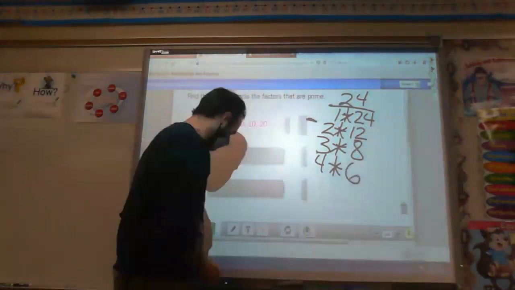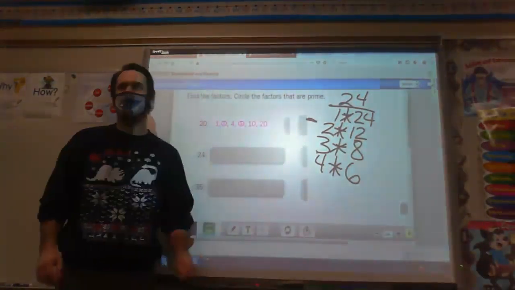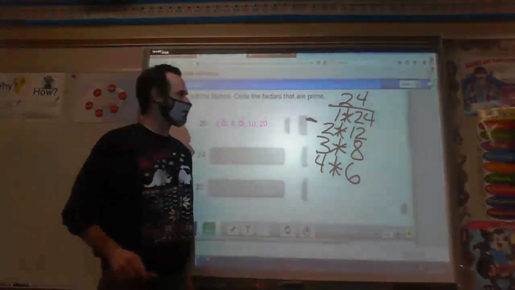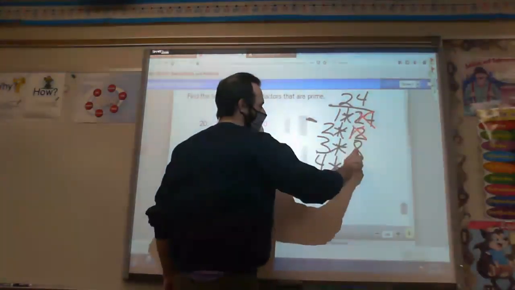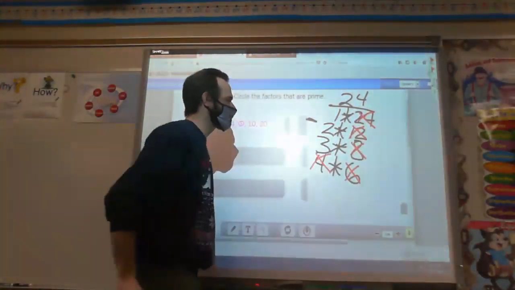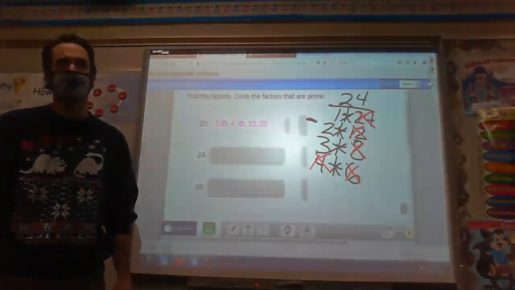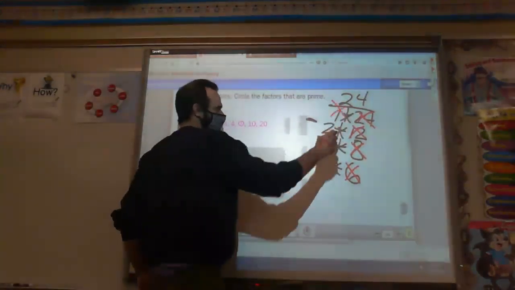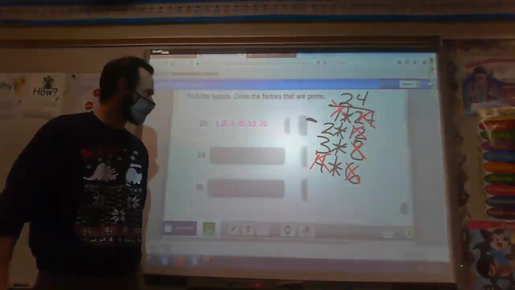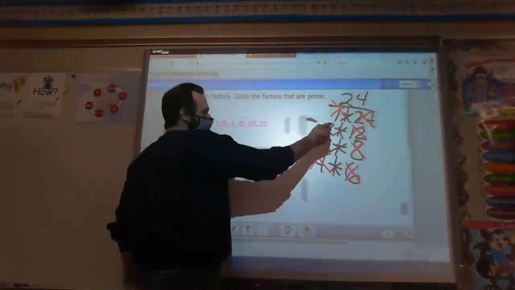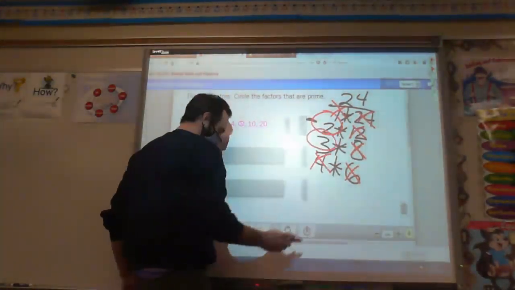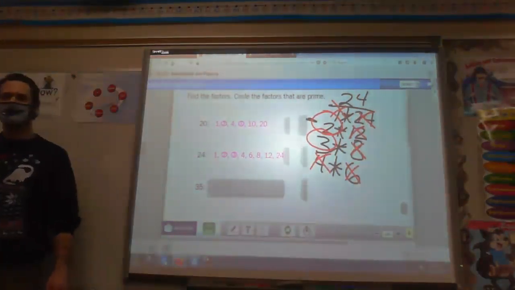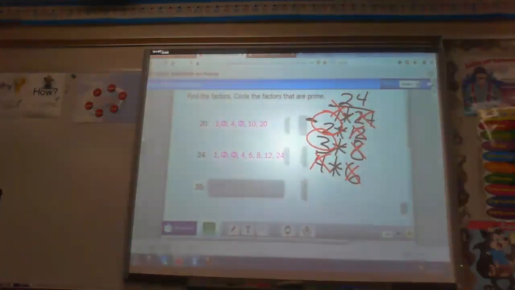6. Very good. Now here's a hint for you when you're looking for the prime numbers. Anything bigger than 2 and even is not prime because you can multiply by 2 to get there. And we know that 1 is never prime because 1 is its own thing. So the only 2 you should circle are 2 and 3. Let's see if we found them all. Yay, we did it. Okay, with that, I'm going to pause the recording